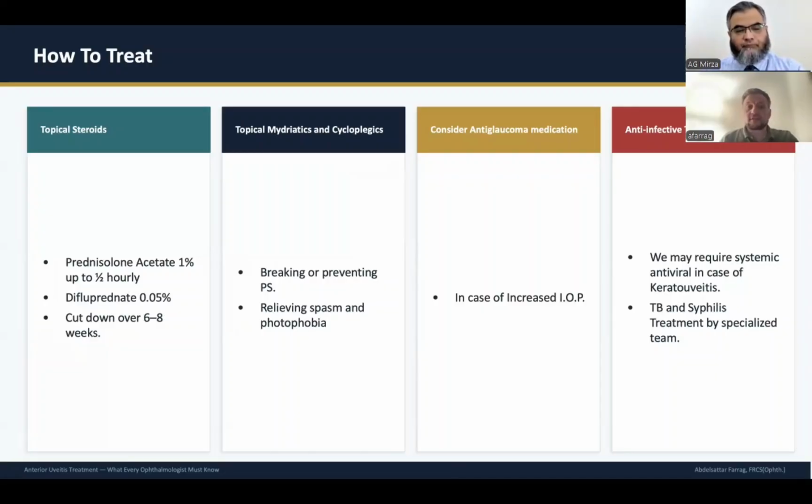There is another alternative, which is available in the US and I think some countries in the Middle East. I believe also in Egypt they have it, which is difluprednate 0.05%. There is evidence that you can use it 4 or 5 times a day, at a lower frequency, and it gives the same efficacy as 2 hourly or 1 hourly steroid. But we don't have it in the UK,